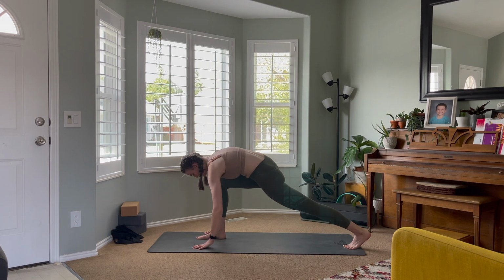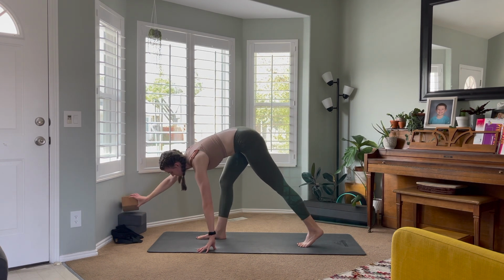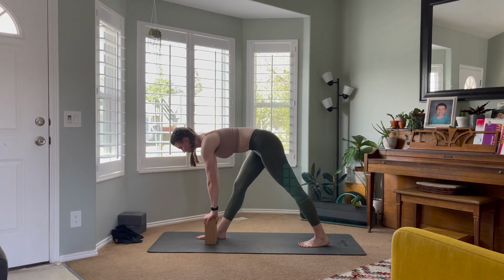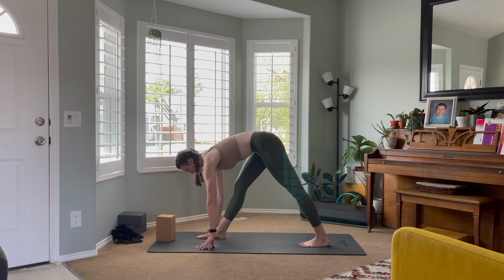Exhale the hand back down to the mat. Step back foot in a little bit and inhale into your pyramid stretch, keeping both legs straight and keeping a nice long spine as much as possible. Reaching with the top of the head forward towards the top of the mat and keeping the hips nice and